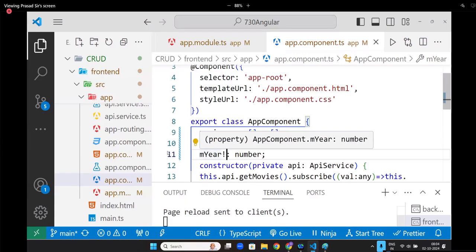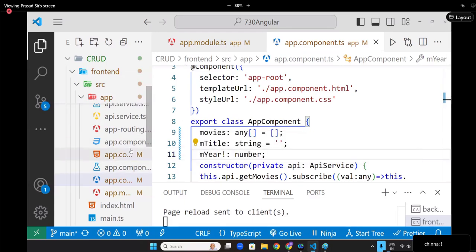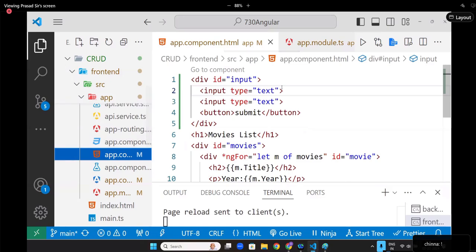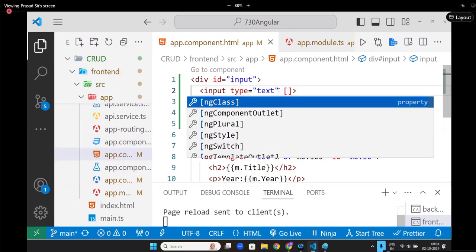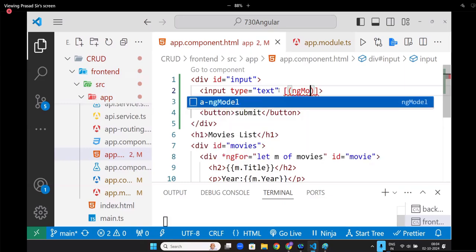Now you go here, go to this app component, write it here, ng model. Why did I add exclamation? Because no initial value, you will write exclamation. Okay. Ng model equals to